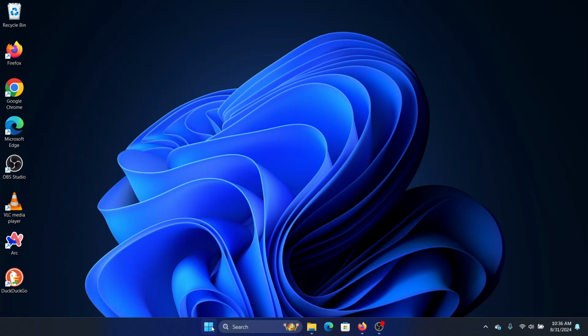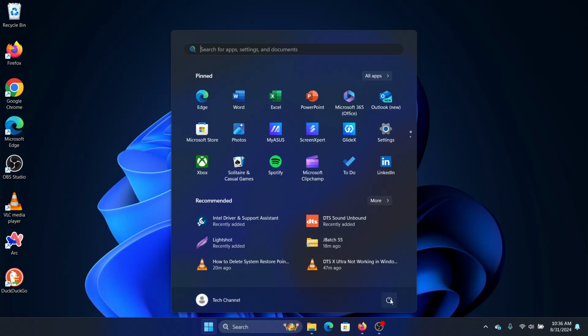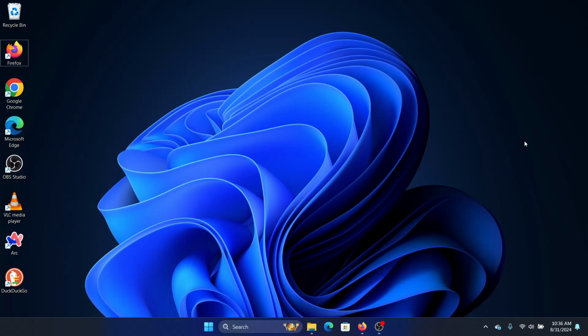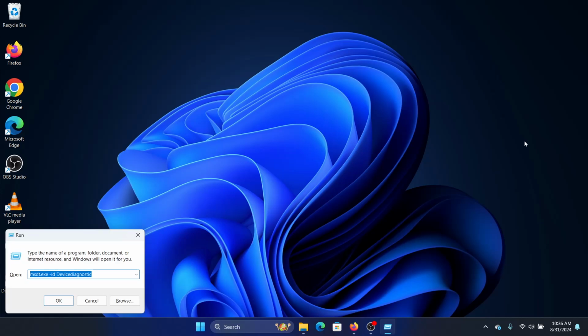So to do that, we will click on the start button, click on the power button, and click on restart. Now another thing we can do, if even after restart those arrow keys are not working, is we can run the device and hardware troubleshooter. So for that we need to press the Windows and the R button together, and we need to enter this command